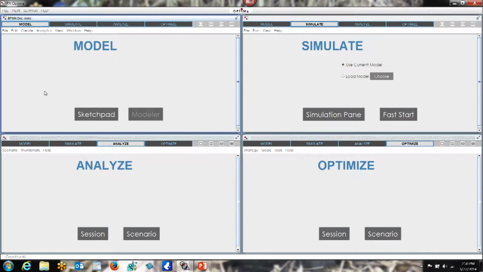You're looking at a screen which has 4 quadrants representing 4 different toolkits within Optima for modeling BPMN processes, simulating processes, analyzing processes and the outcomes of either simulation or generated by enactment engines, and optimization techniques for comparing different scenarios. So I'm going to start off with